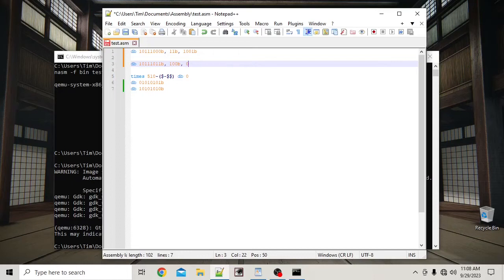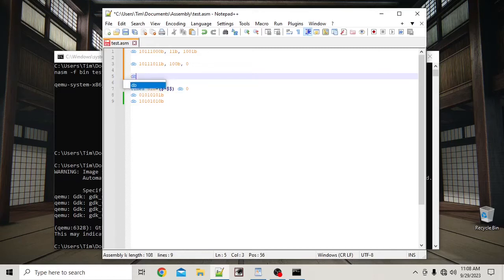And I don't have to say 0 in binary because it's universal, really. DB 1011. Noting any similarities here, followed by